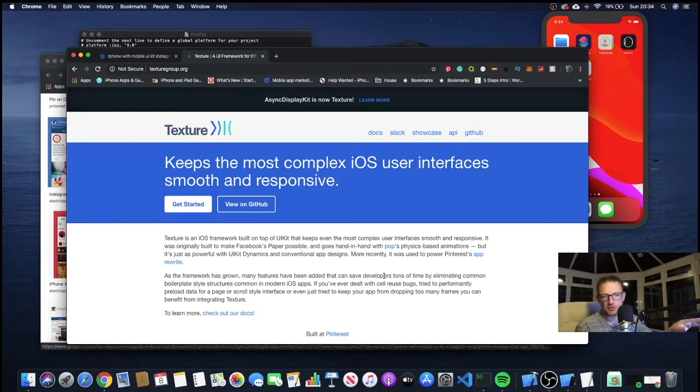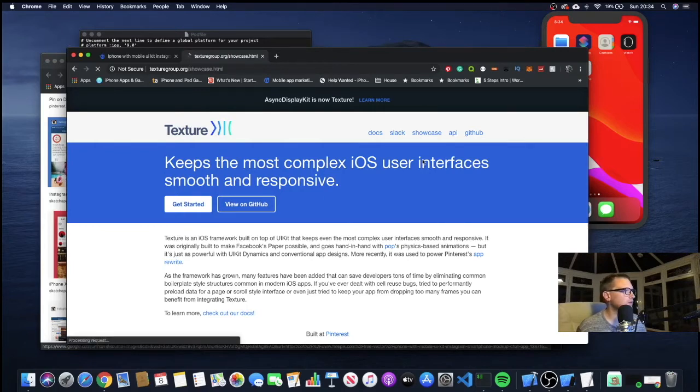If you trawl through their website, there's evidence there that it's scrolling at 60 frames per second. Whether this has been pressure tested on the iPad Pro, which has got a higher frame rate, I don't know, but this has been around a little while, and yeah, there's lots of apps out there that do actually